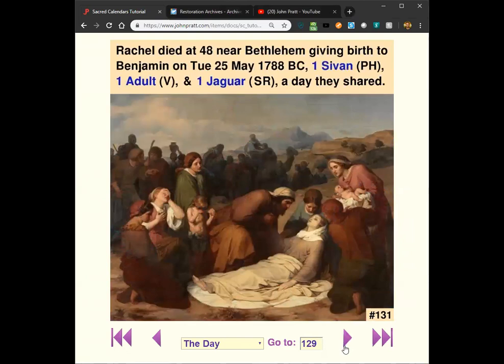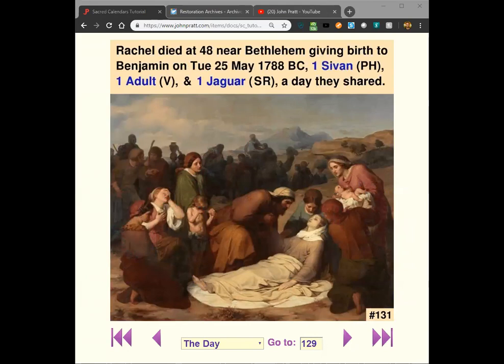So now we're going to talk about Rachel's death. She dies at only 48 years old, and she dies near Bethlehem, giving birth to Benjamin. And this shows the date, and it's a holy day, 1 reversed of Sivan. So this is also Benjamin's birthday, as well as her death date. It's 1 adult, which is kind of a bad day. That's when things go bad, and sure enough, she's dying. And it's 1 jaguar, and 1 jaguar is Rebecca's day. She's her mother-in-law. Rebecca's born on it,